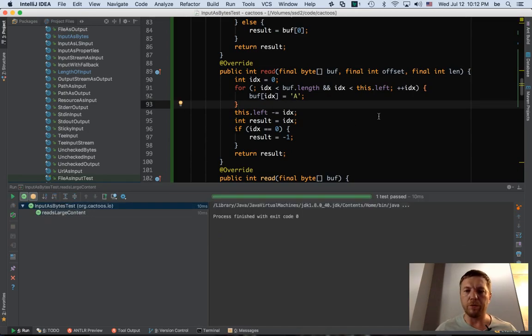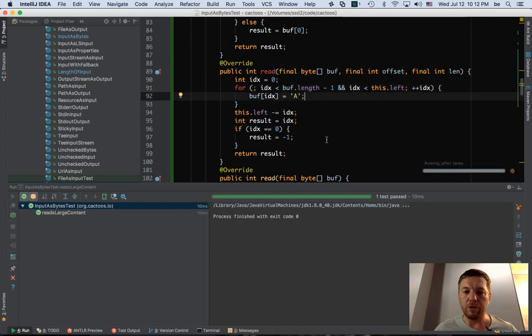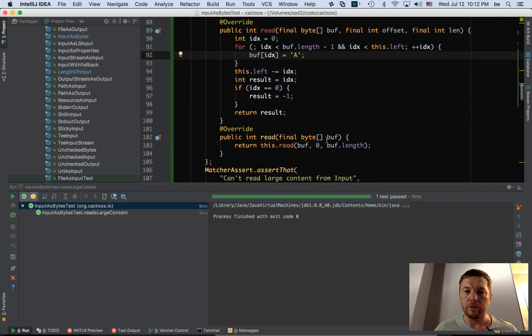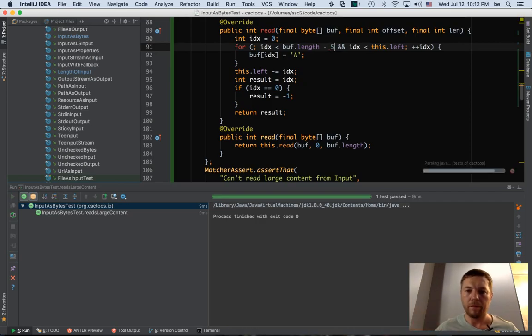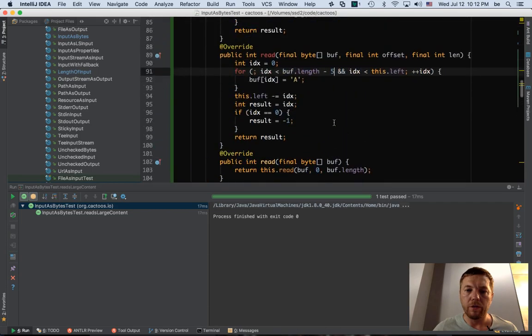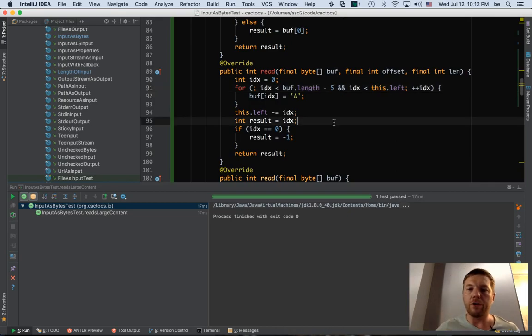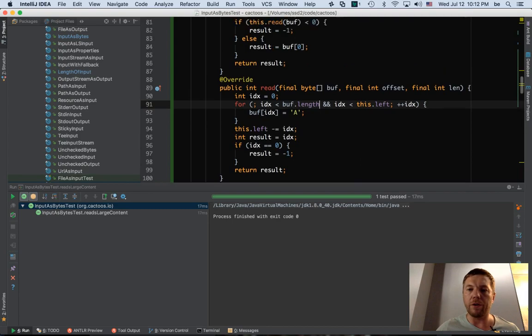Again, that's for the purpose of this testing. And now let's say -1 here. Again, let's not fill the buffer entirely. Let's just fill almost entirely. And let's see what the number is going to be. The number is maybe, let's do not 2, but let's do 5. It also works. Oh, that's weird. How come? Oh, there you go. The buffer is too small. So here the number is too small.